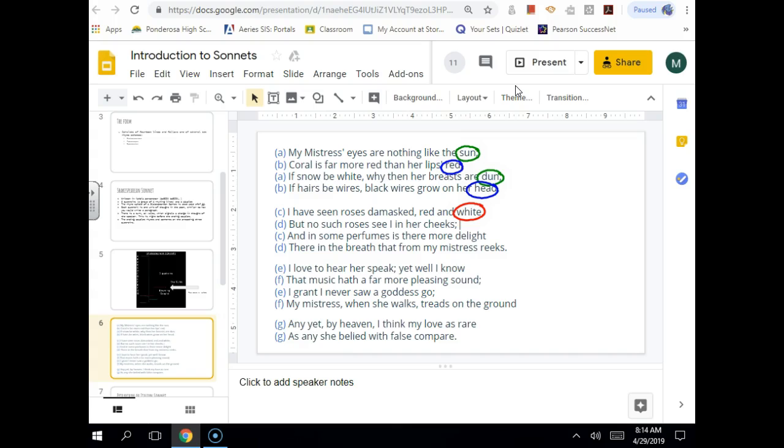Okay? Riley Moon? Cheeks. Does cheeks rhyme with anything? Is it a new color? Yeah. Okay, good. So it's going to be D because we have A, B, A, B, C, D, C. Delight. Sophia. White. Okay. So that's going to be a C. Reeks. Grant. Cheeks. Good. Okay.